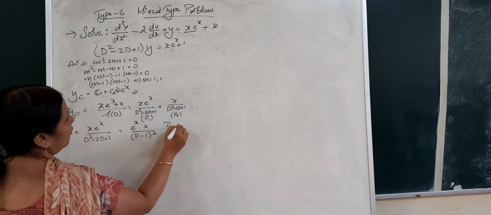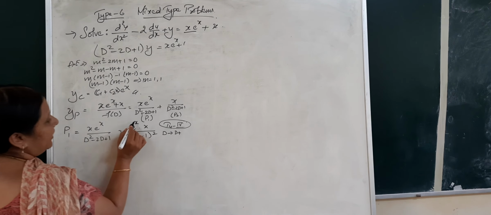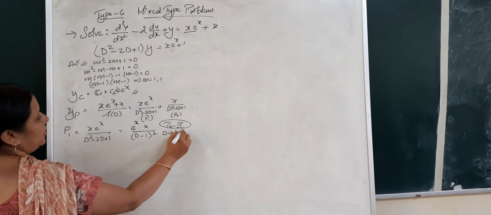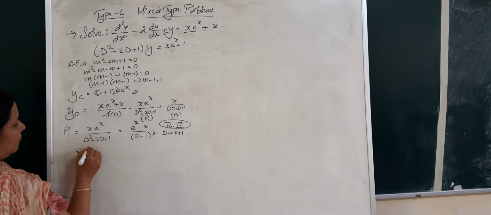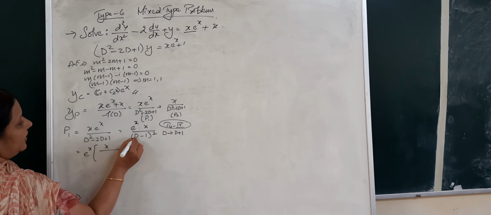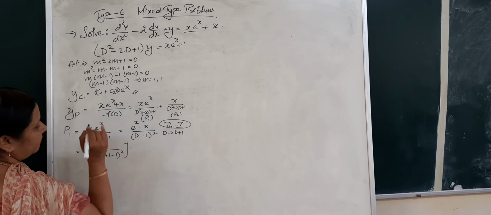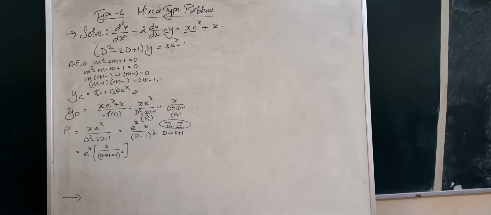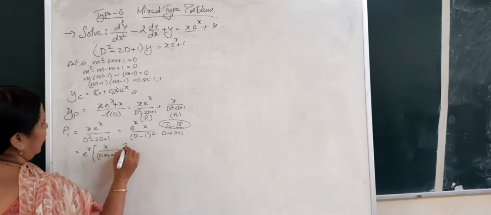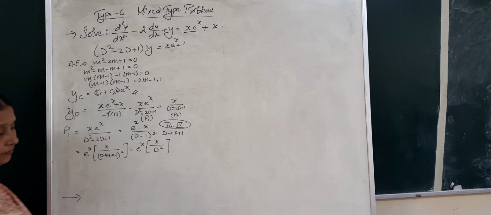Now applying type 4, we got to replace d by d plus a, and a here is the coefficient of x in the exponential form, that is 1. So applying that, we get e power x comes outside. So x divided by d is replaced by d plus 1 minus 1 as it is the whole square. So plus 1 minus 1 are going to get cut. Understood guys? Now therefore we have e power x into x by d square. Got it?